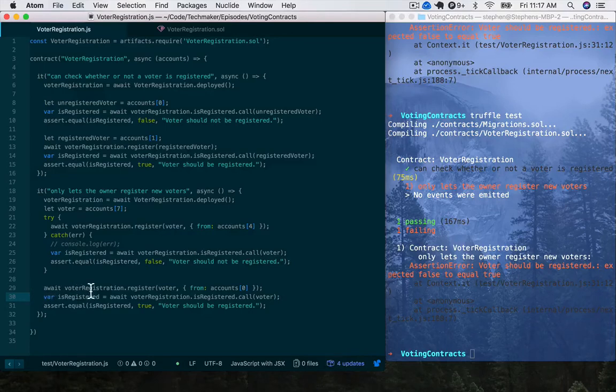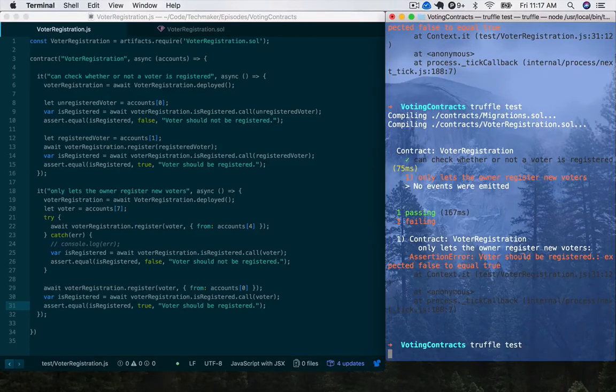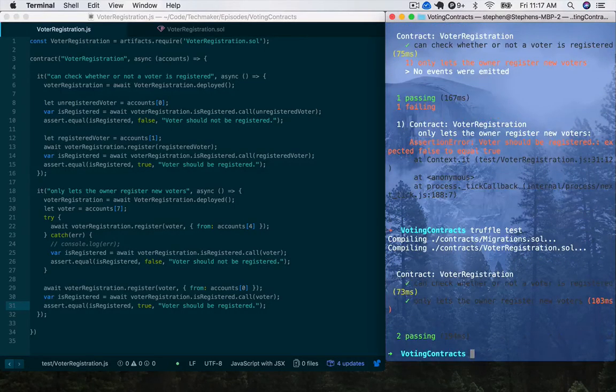So we're just running the voter registration again for the same voter from the different account. And then we're checking the registration again. Let me make sure that I saved it, and then we'll run this. And hopefully this actually works this time. And I can tell you that I probably need more coffee. Okay, so cool. Now we have 2 passing tests,